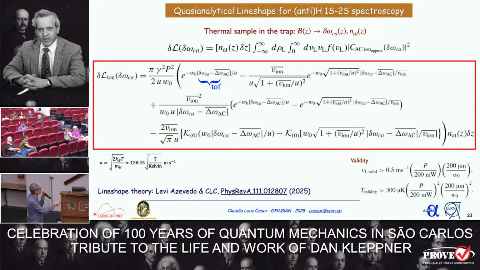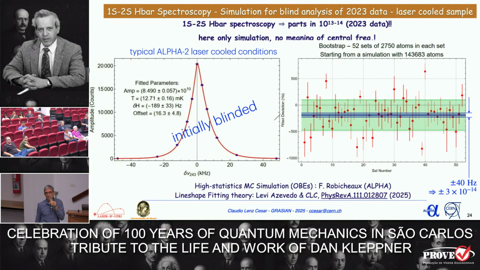So we produced this line shape. It's published in PRA, and it's valid under these conditions. It turns out that this works quite well. We predicted parts in 10^14 of accuracy of this line shape in our magnetic field. And indeed,